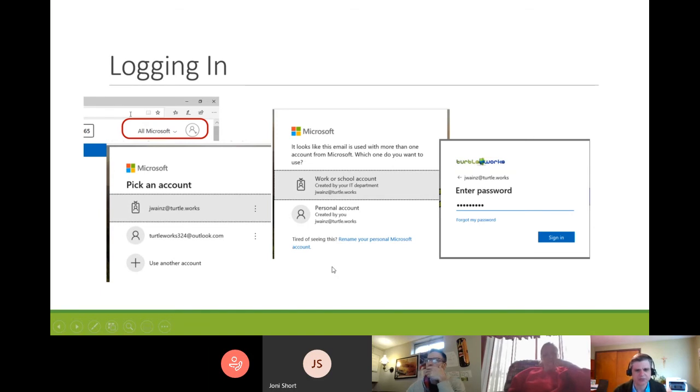Now this next screen is where people get confused. Am I a work or school account, or is this a personal account? I don't know, and I don't want to make the wrong decision. Well, it's not bad if you make the wrong decision. You just go log back in and choose the other one. But if you don't know which one to choose,